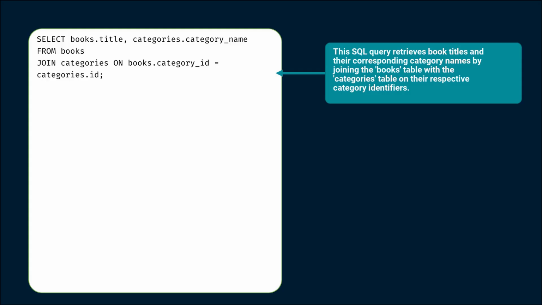Now, to connect the two tables, we implement the join clause. This is where the magic happens. We use the on keyword to say that the category ID from the books table should match the ID in the categories table. This relationship allows us to seamlessly combine the data, creating a comprehensive view of book titles alongside